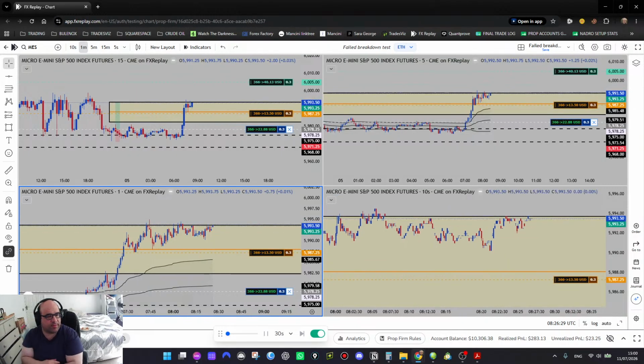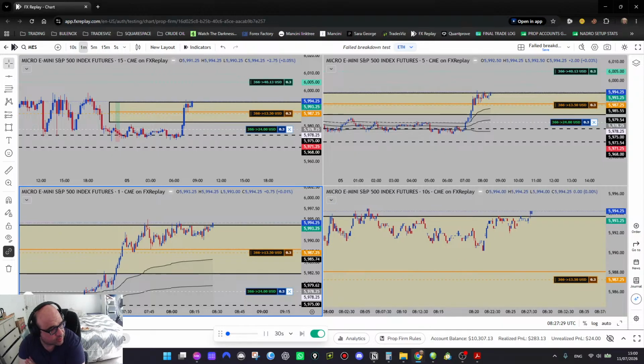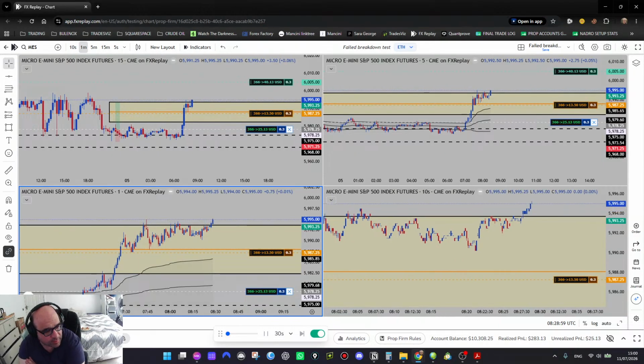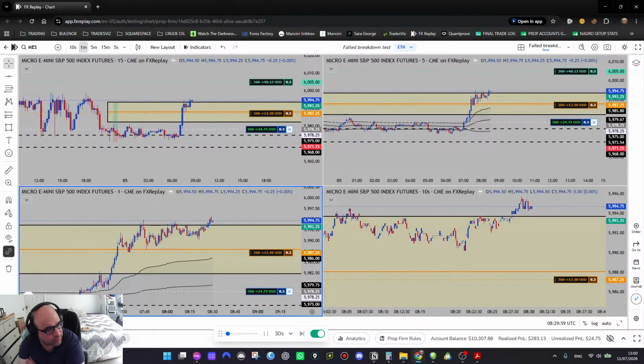We're in a rotation environment, so I don't expect... We may have a breakout. I don't really remember what happened in that day, to be honest. It's like trading for the first time now.